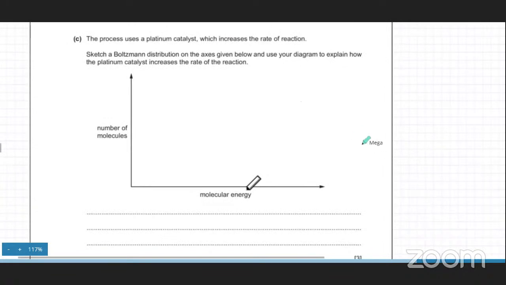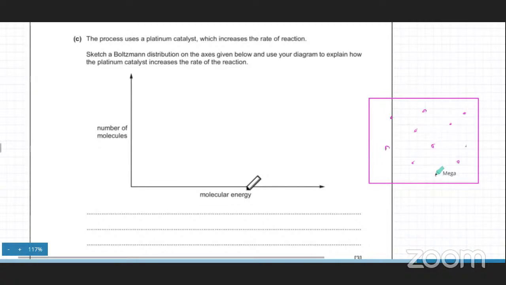So, if you have a container, then all the particles in the container, gas particles, they are all at different energies, but most of them have energies that are very close to the average energy. Let's call this the average energy. So, the number of particles would be highest over here. So, the curve